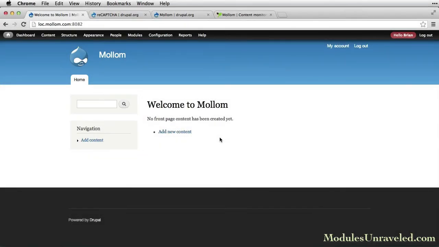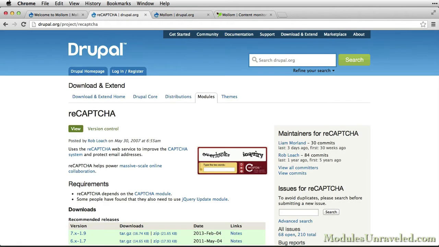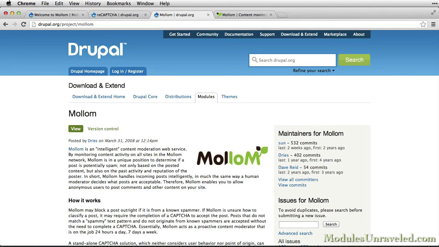If you would like to allow anonymous users to create an account, create content, or comment on your site, but don't want to leave it vulnerable to spam, you'll need to install some form of spam protection. There are numerous ways to do this. One of the most common is to use a CAPTCHA module like reCAPTCHA. Now, another option, and my preferred method, is to use the Mollom module, which you can find at